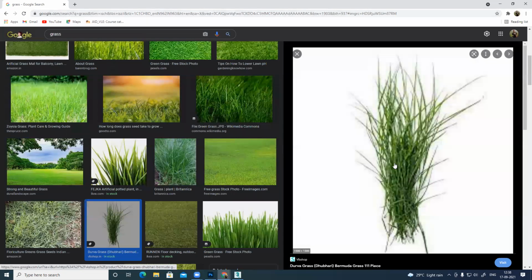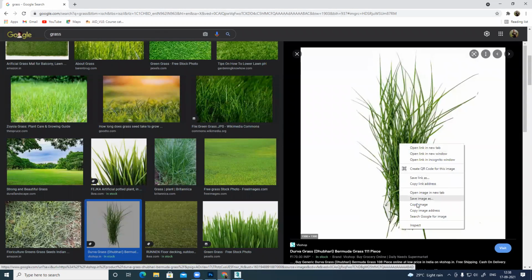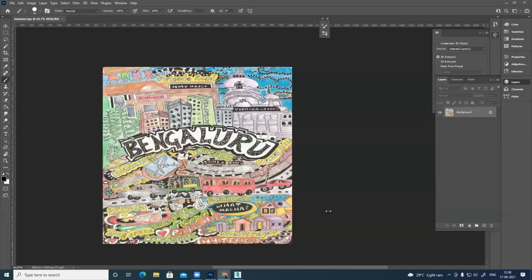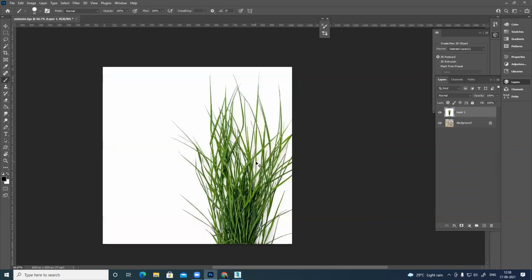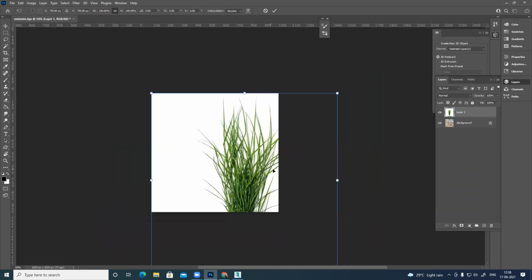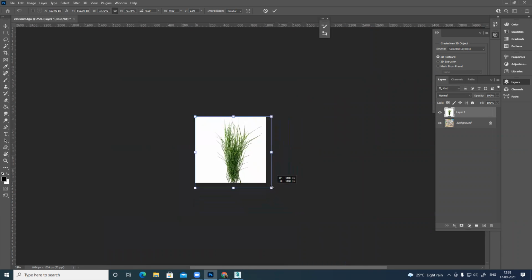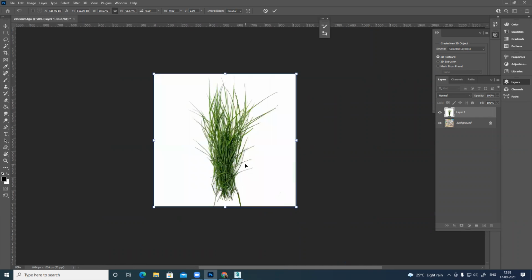Let's use this one only. Okay. So I created this grass plane.